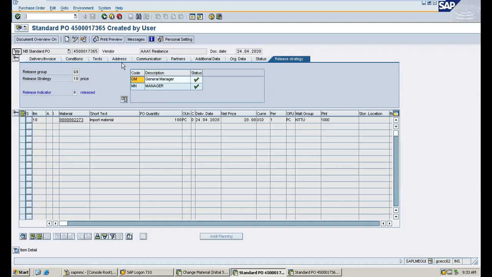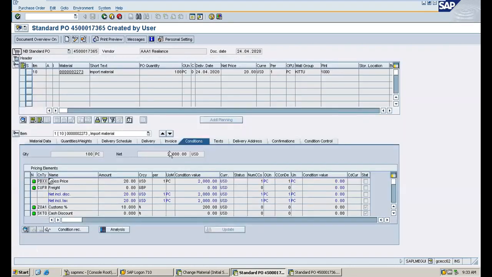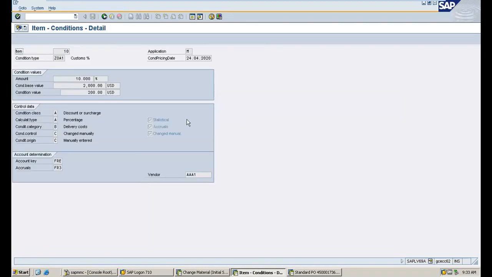And before delivering, the customs needs to be cleared by the customs officer as per the government rules. And if it is an import, what you will do? The customs will be cleared, and for that vendor, I want to tell you one more thing. Go to conditions here, and these customs need to be paid to a different vendor, not to the same vendor. In this case, we need to go to this tab, select that one, and go to the condition detail, so that we can see the condition detail which you need to pay for the respective purchase